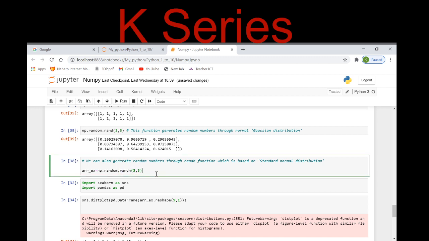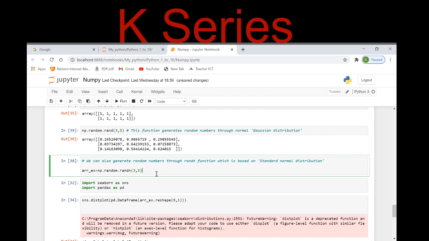Now what exactly is this function? This function provides me random numbers with the help of the standard normal distribution. I suggest that you please go through the Gaussian distribution and standard normal distribution, which is a statistical topic, and the NumPy documentation is also provided for both.